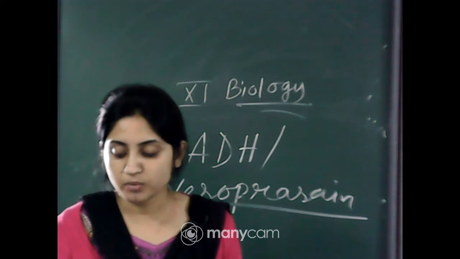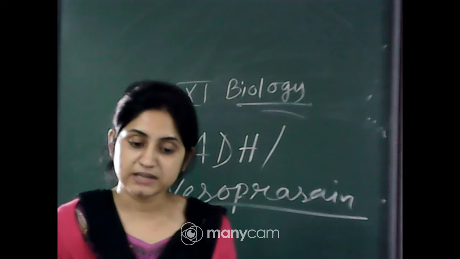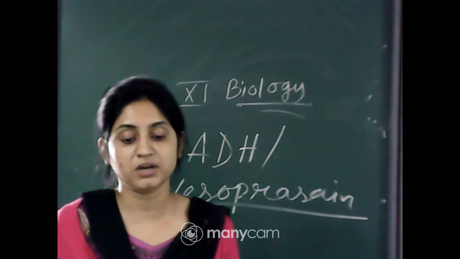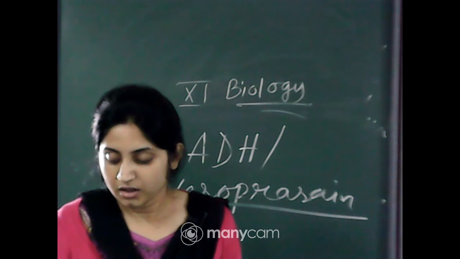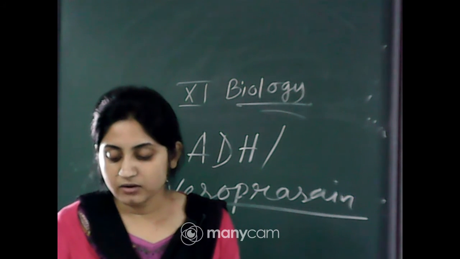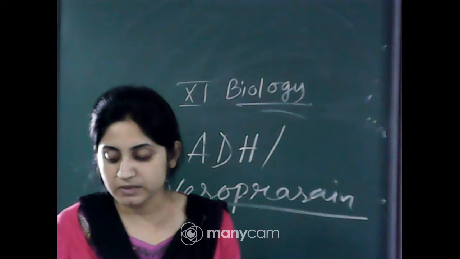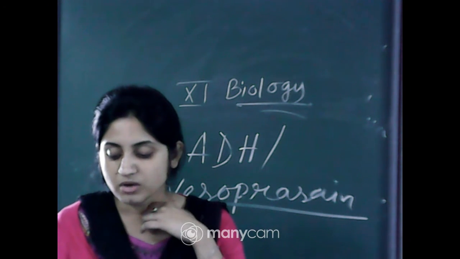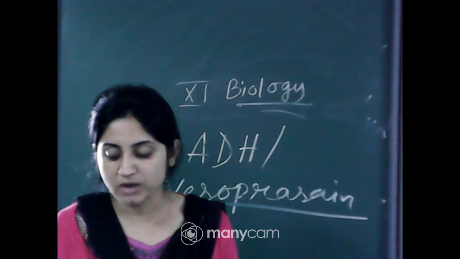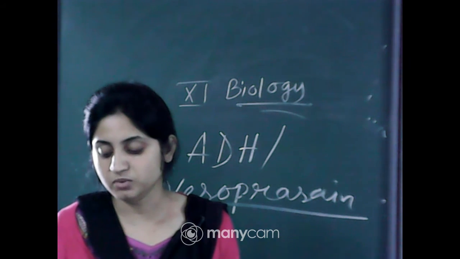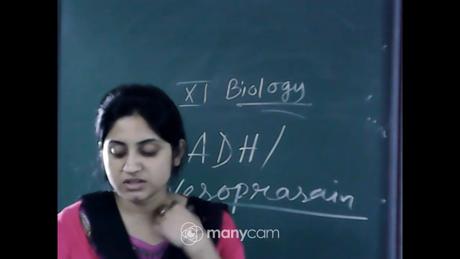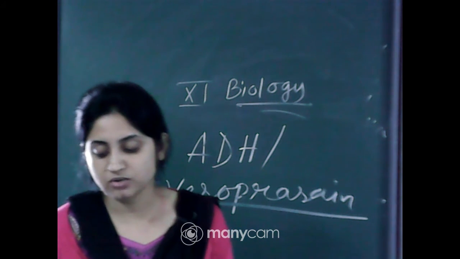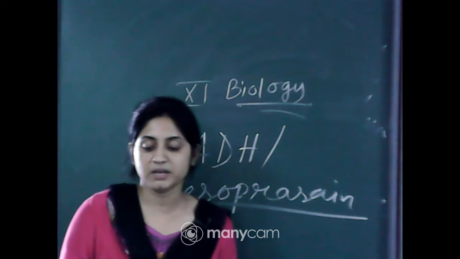Angiotensin II, being a powerful vasoconstrictor, also increases the blood pressure, and if the blood pressure is increased, the glomerular filtration rate is also increased. Angiotensin II also activates the adrenal cortex to release aldosterone. Aldosterone causes reabsorption of Na+ and water from the distal parts of the tubule. This also leads to an increase in blood pressure and GFR. This complex mechanism is generally known as the renin-angiotensin mechanism.